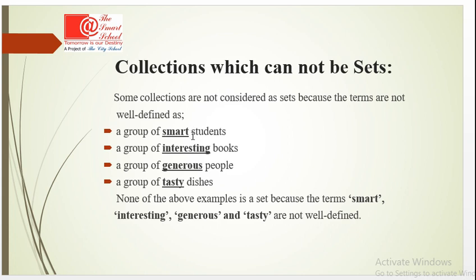Now see the terms given here: smart, interesting, generous and tasty. All of these properties are not measured. We cannot measure smartness, interesting things, generosity, or even tasty dishes. So these